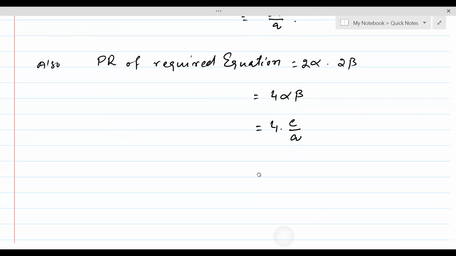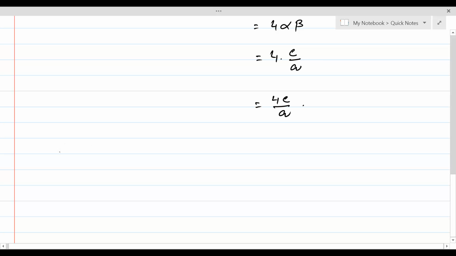So the product of roots of required equation is 4c over a. Thus required equation will be